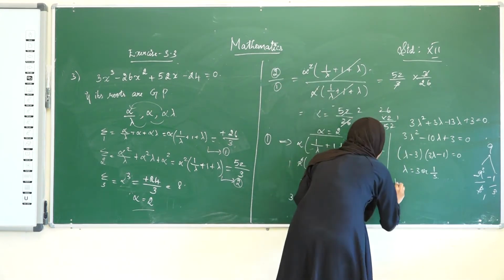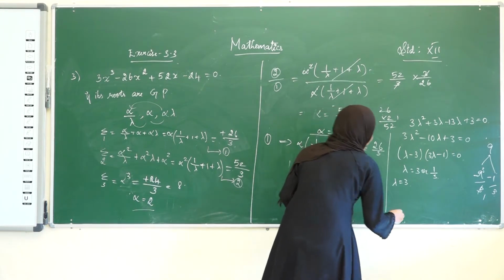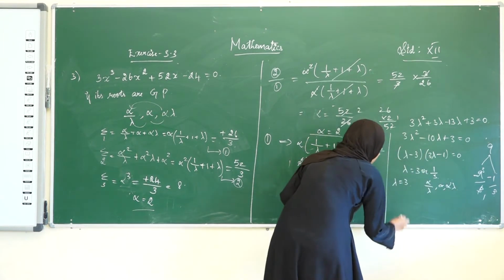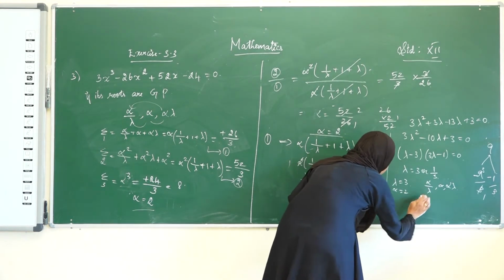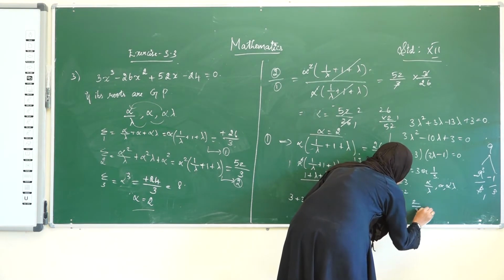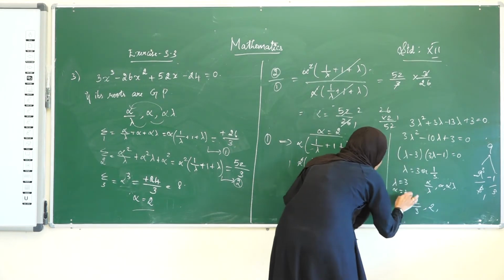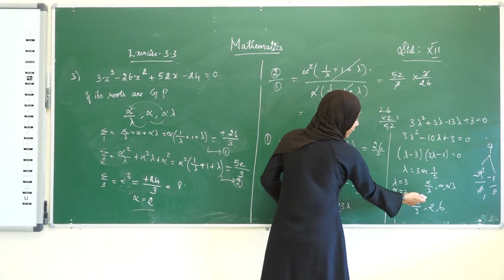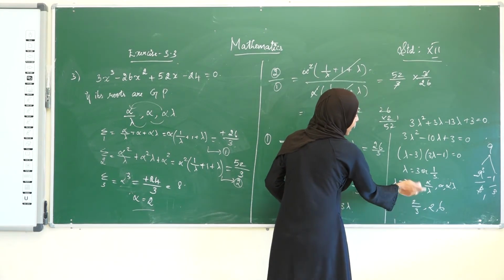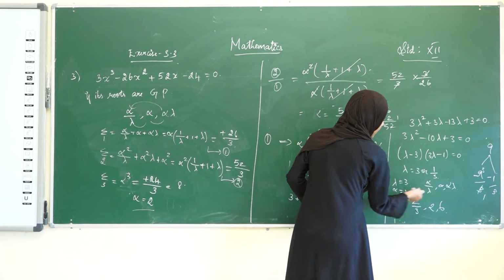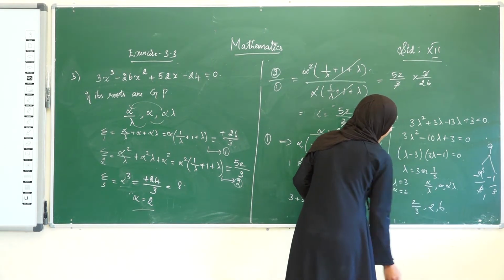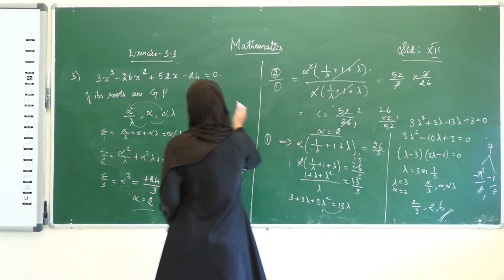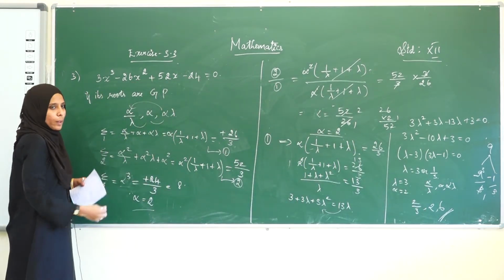Okay, let us take the lambda's value as 3. What are the roots? Alpha divided by lambda, alpha and alpha lambda. See, alpha's value is 2. Alpha divided by lambda is 2 divided by 3, 2, and 2 into 3 is 6. When we substitute lambda is equal to 1 by 3, we get alpha divided by lambda as 6, and then alpha is equal to 2, and the last term alpha into lambda will be 2 divided by 3. Therefore, we got the roots of this cubic equation when the roots are in geometric progression.